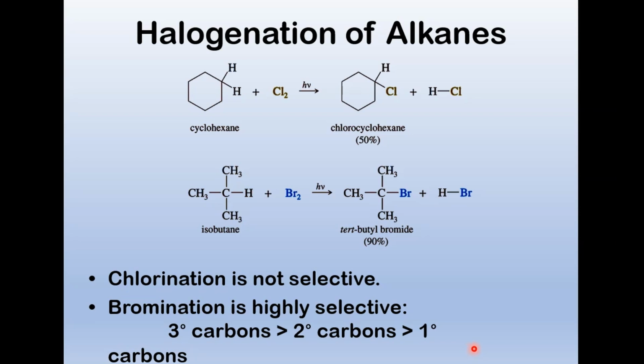So I just mentioned bromine being more selective, and I was looking at the slide the other night and I'm like, well, why didn't they put isobutane up here so we can compare the difference like we did with bromine and chlorine when we looked at propane? And I said to myself, why do we have only 50%? And here's 90%. And the reason why is